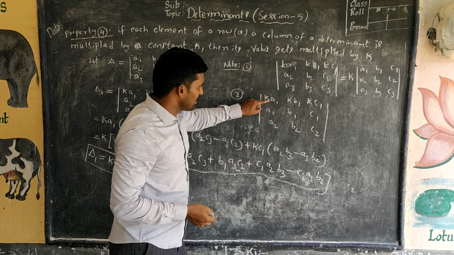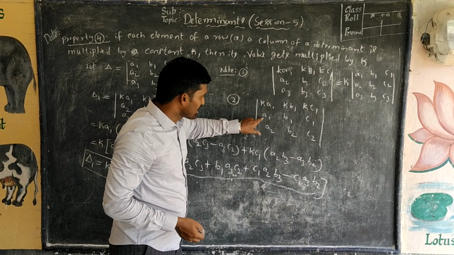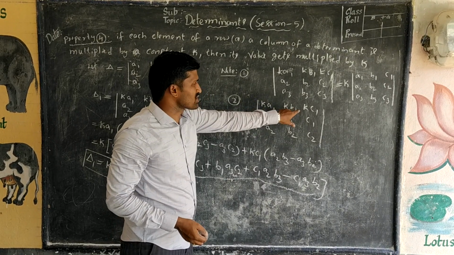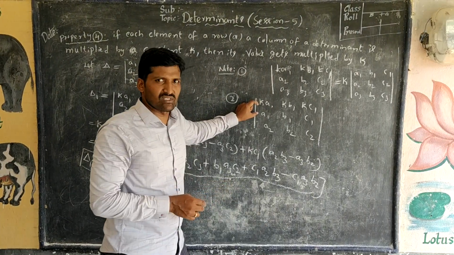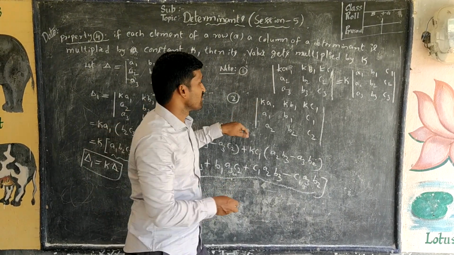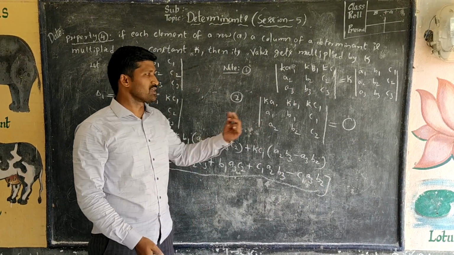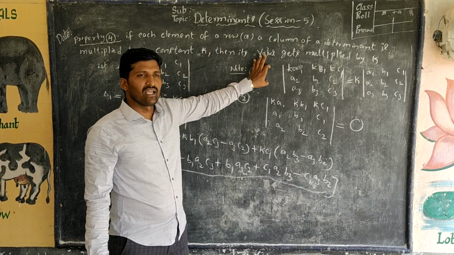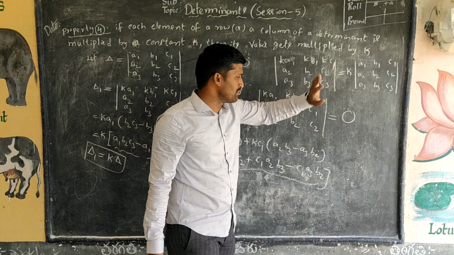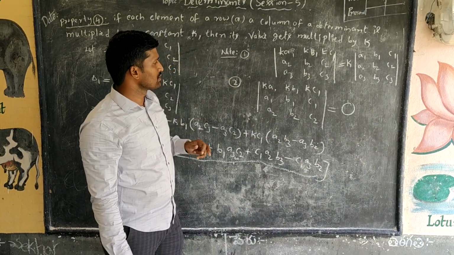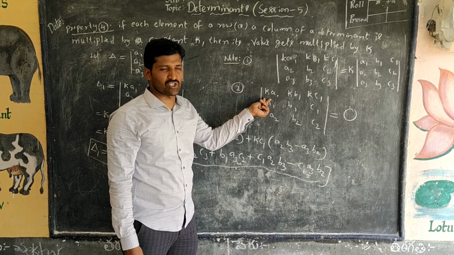Here you can observe clearly that R1 and R2 are both in the same ratio, because if you divide these two, you will get the same constant. The ratio will be the same, k. Now when 2 rows or 2 columns are proportional, then the value of the determinant is clearly 0. This is a very, very important note. In any determinant along a row or column, you can take out a common factor. Similarly, another concept: if any 2 rows or any 2 columns are proportional.